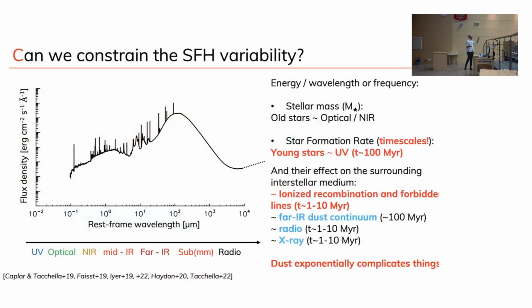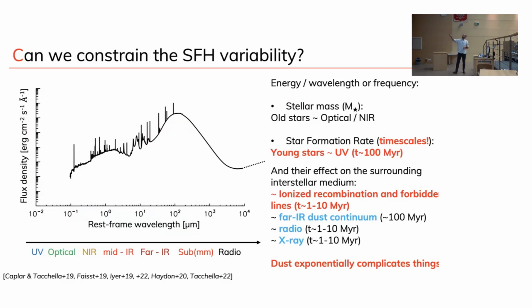Is there a way to test this? I mean, if you can look at the temporal variation of star formation rates in galaxies, then maybe we can say whether these are short time scale variations or long time scale variations. And we saw that we have a list here of different tracers that are sensitive to different time scales. In principle, if you compare what happens on a 100 million year time scale with, for example, what you can see in H-alpha, which is on 10 million year time scales, then if you do see some systematic differences, you can try to figure out if galaxies are actually oscillating along the same sequence, or if the two are coupled and they change in the same way.